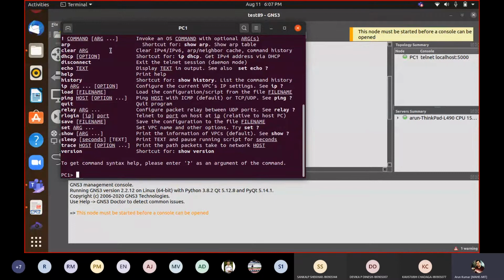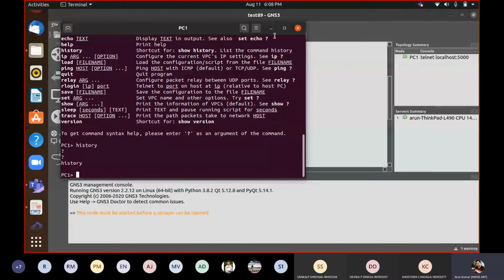If you are confused about any command, you can always refer to these descriptions. If you type history, it will show you how many commands you have used. I have used the help command twice, the history command, and other commands also. As we go ahead, we will see other commands as well.